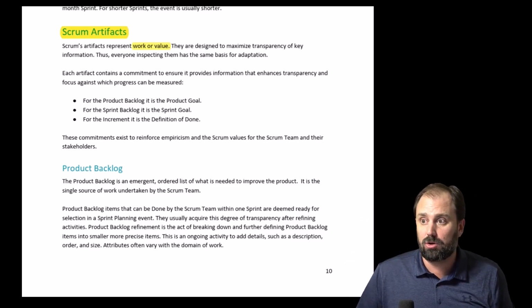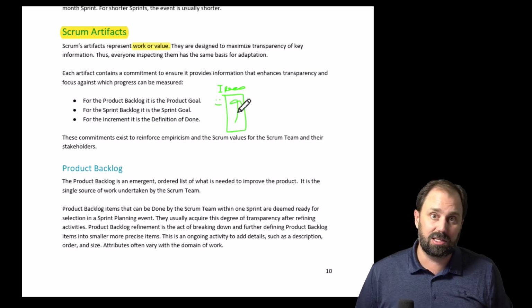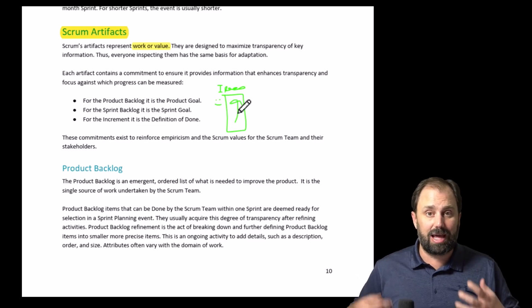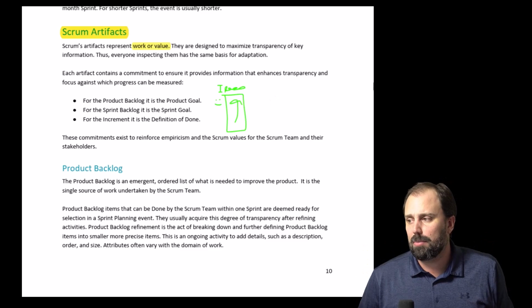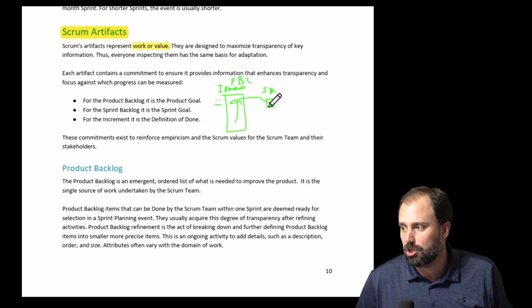Now, to draw a really not well-formed picture, we have ideas over here, right? Those are all in the product backlog, and the coolest stuff is at the top. But the coolest idea is still an idea. You can't really touch it, feel it, whatever. You need to build it, right? And so we can't build everything. So this product backlog needs to be converted into a sprint backlog. We have the stuff that's ready. We bring it into the smaller little chunk, boom, boom, boom.